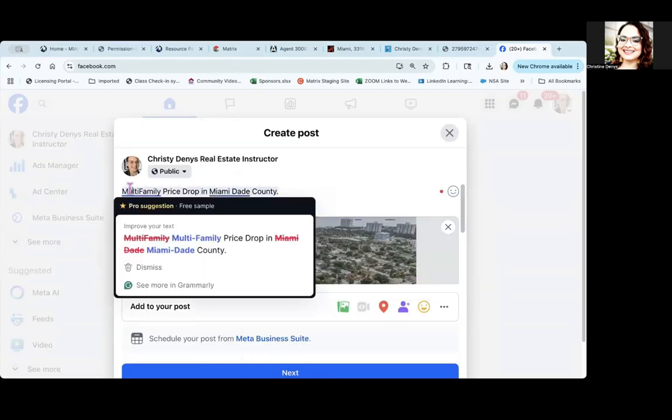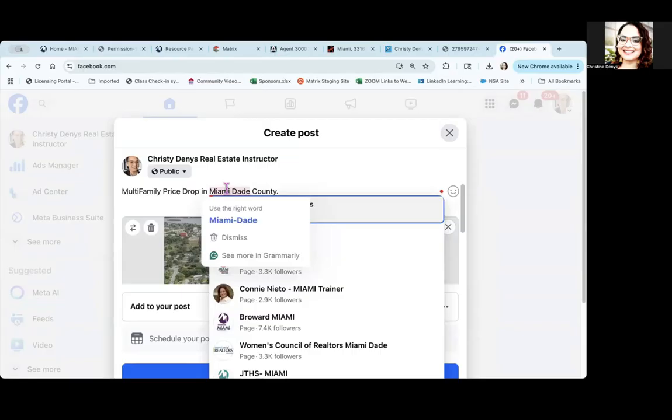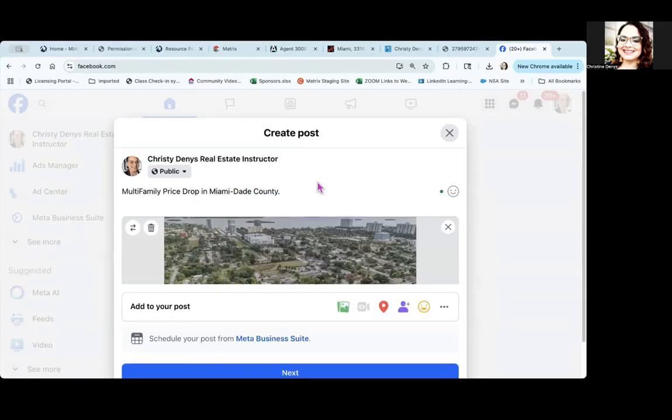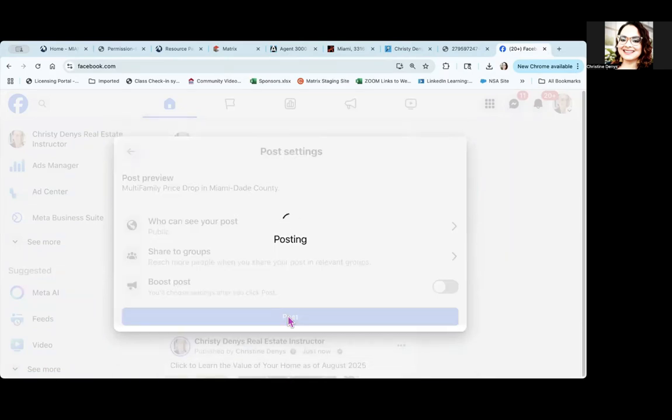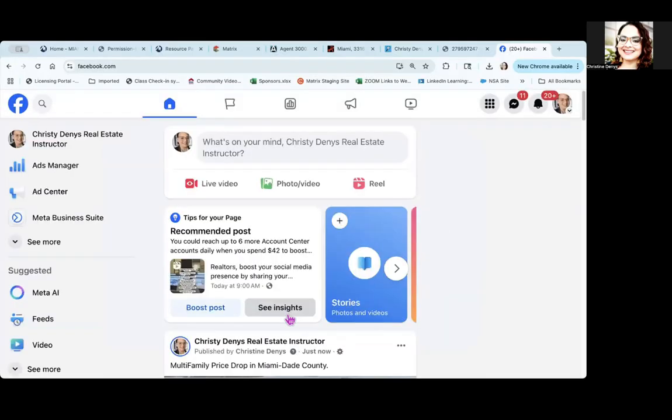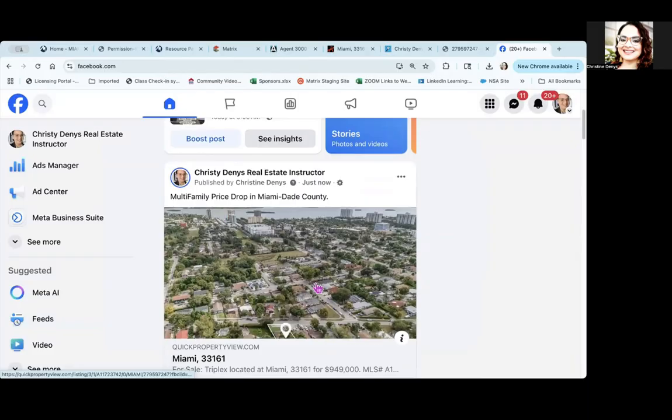Whatever you'd like to add on there as an option. You can put more detail. It has the price point here. Next post, you can say something like preview from the comfort of your home. Maybe you can add some of the benefits of purchasing multifamily property if that happens to be your niche, but